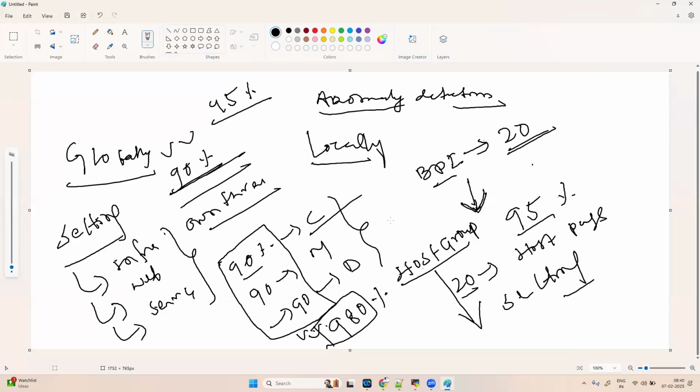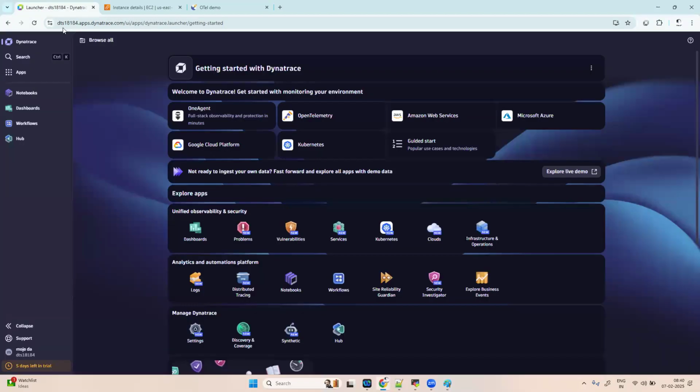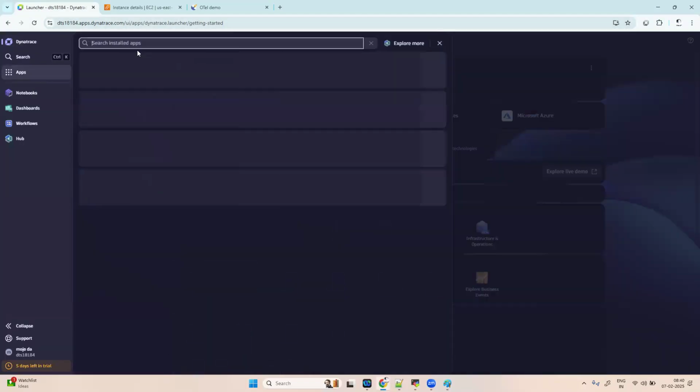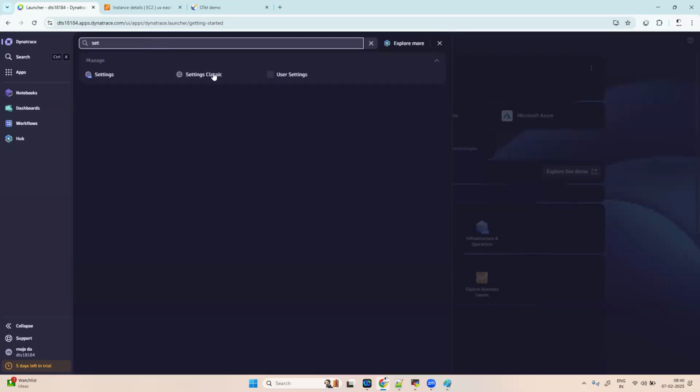If you want to go to a custom alert, that is separate. If you want to go to anomaly detection, then there is no need to make any changes in either the global setting or the local setting. Are you getting the point? Let's configure it so you can have a better understanding. If you go to your, if I go to my settings tab,